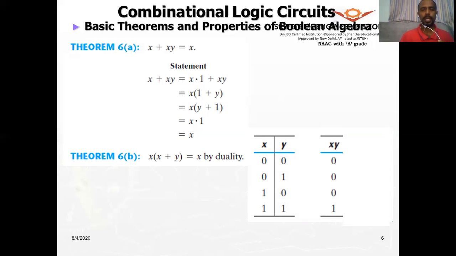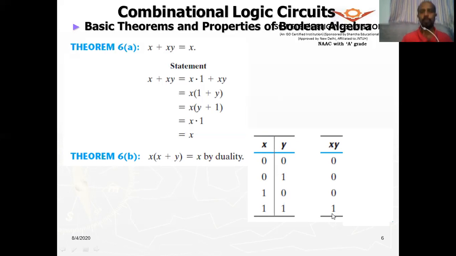All right. So if you consider x and y, we will write the truth table for that. There are 4 combinations x and y can take. So when x is 0, y is 0, x is 0, y is 1, x is 1, y is 0, and x is 1, y is 1. So both x and y are binary variables. So that means they can take only 2 states, 0 or 1. So what will be x ANDed with y? So 0 and 0 is 0, 0 and 1 is 0, 1 and 0 is also 0, 1 and 1 is 1.